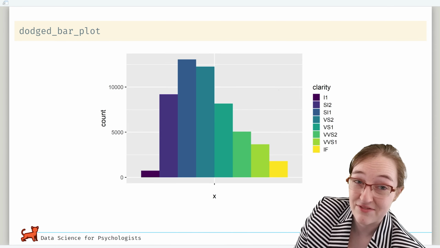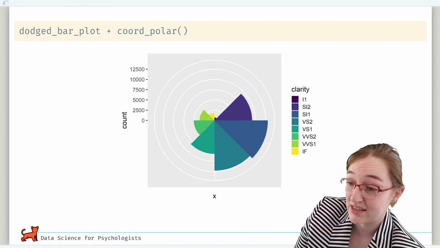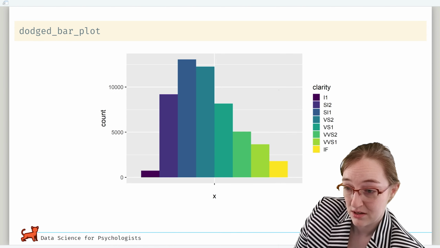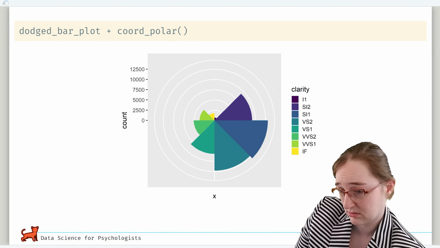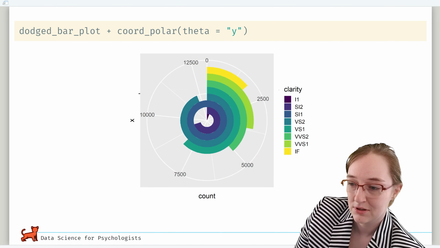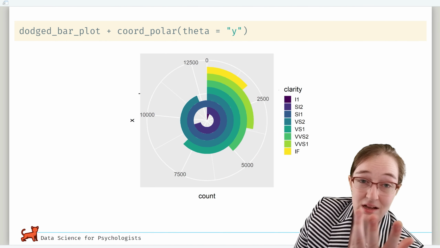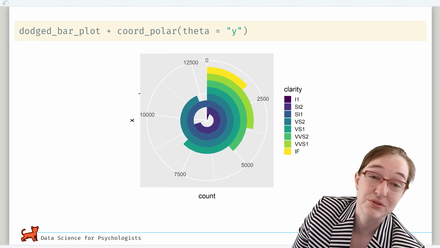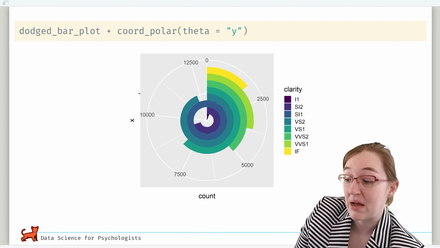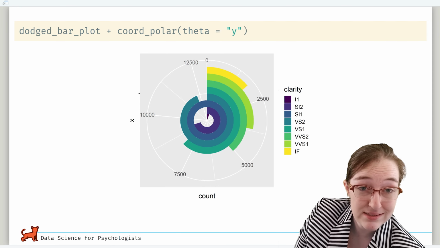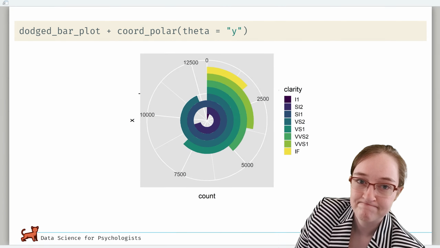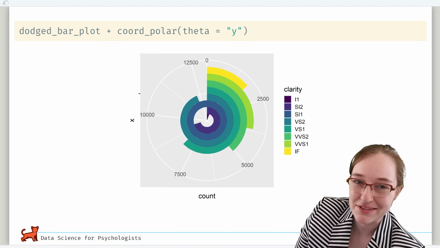And remember, we have not changed this object assignment, and yet here, just throwing on a different coordinate system gives us an entirely different plot. It's just spun around. And then if you throw theta in, it looks cool. Is it particularly helpful? No. But by making all these variants of plots,